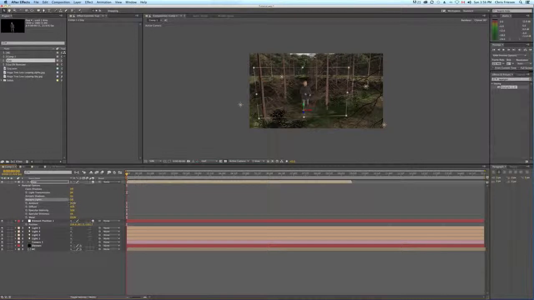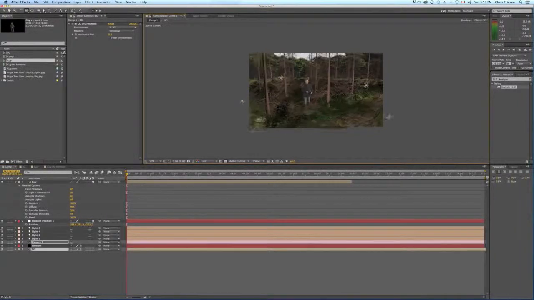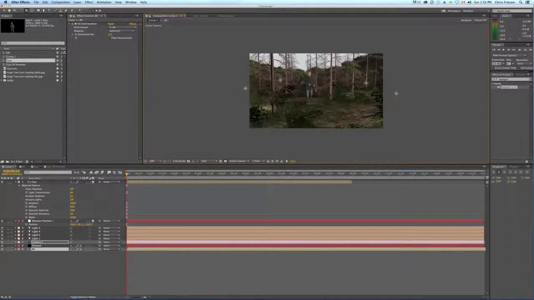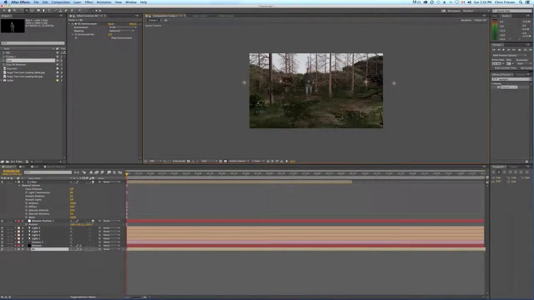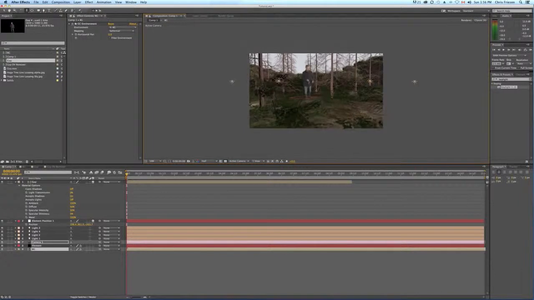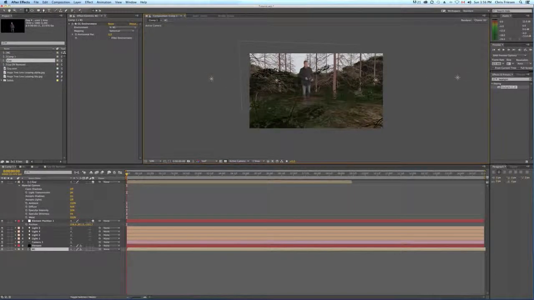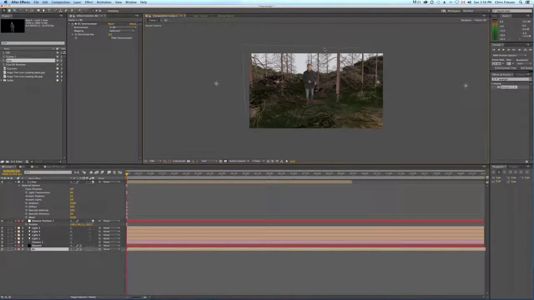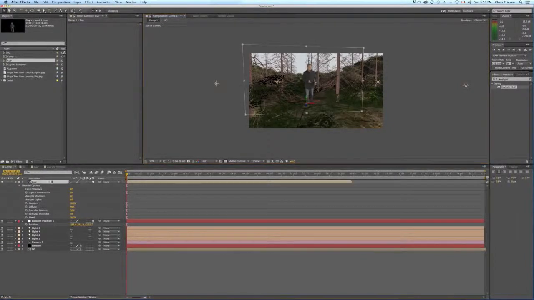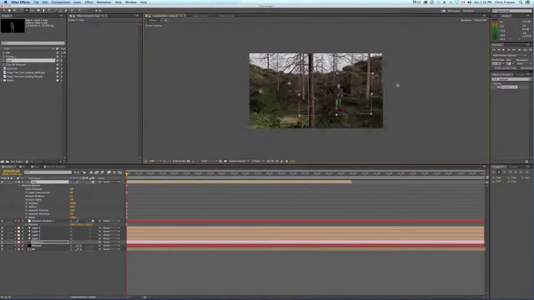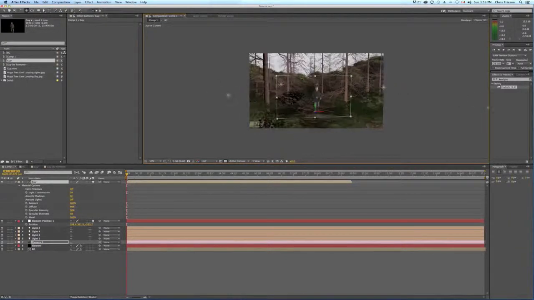And I will hit AA and set lights to off. And maybe push in here a little bit with the camera. So the problem now though is my footage is still a little big, but I am on top of everything. You know, there's objects in the foreground that should be in front of me, but my layer is actually on